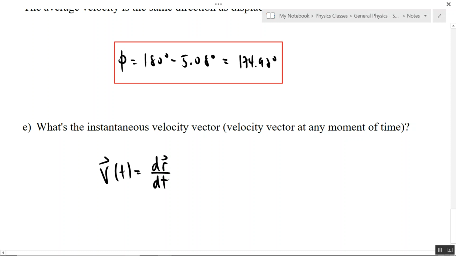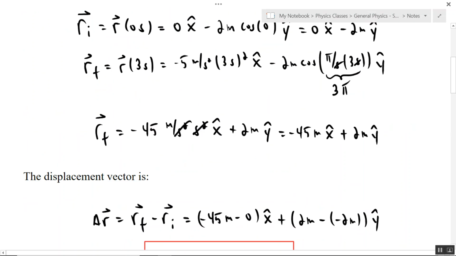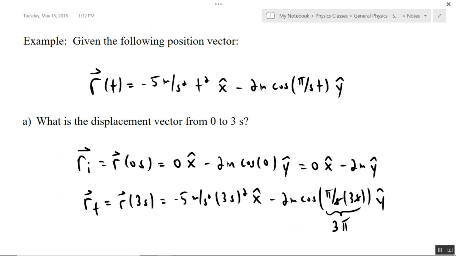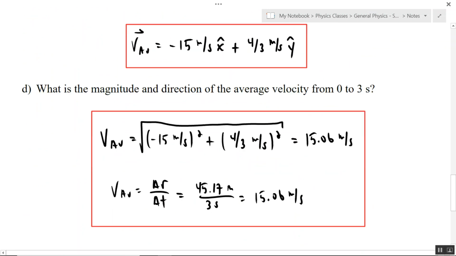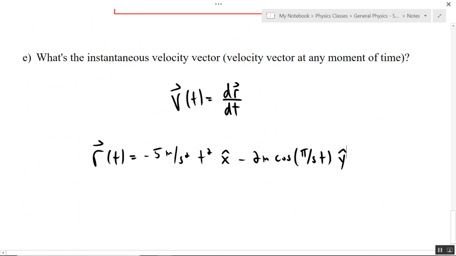of the displacement vector. So just so you know what the displacement vector is, because we kind of forgot it, it was a few minutes ago, I'm going to copy it down here. This is the displacement vector. Okay, so what you need to do is you need to take the,